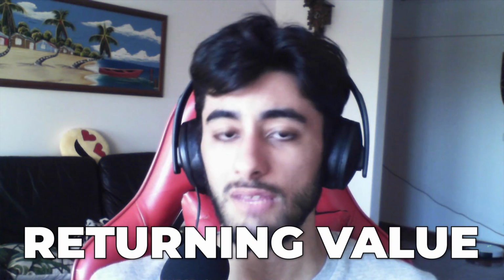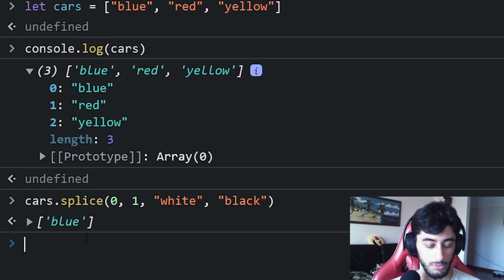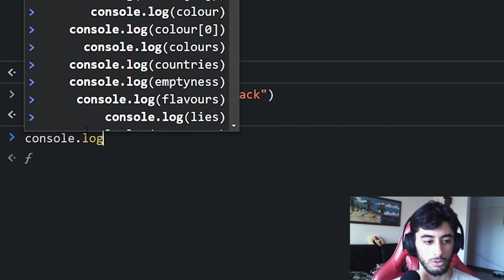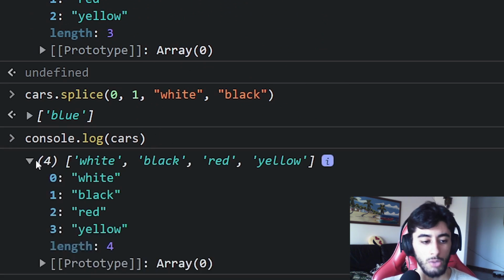Enter it. We receive the blue because it's the value that got removed. The returning value of the splice is always going to be the element that got removed. And then you can come here, use console.log cars. And this way, you can see that we have the white as the 0, then you have the black, red,